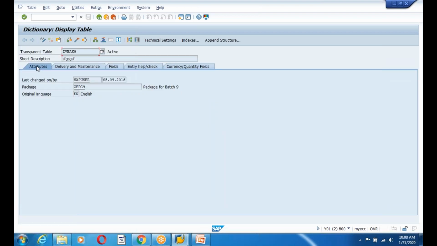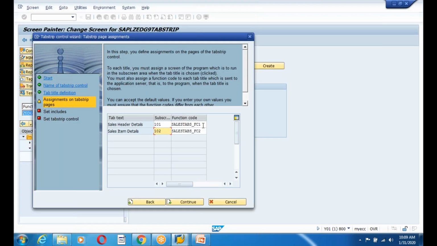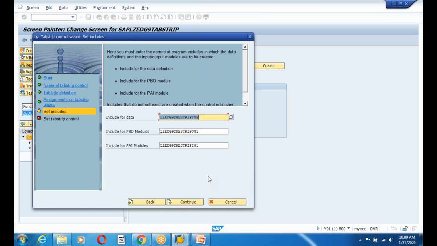So whenever you click on a tab strip, a function code will be triggered. So that is the function code. Here you can see that is FC1 and FC2, guys. So these are the function codes. This is function code 1. That means whenever you click on sales header details, the function code value, the SY-UCOMM value, will be this. Whenever you click on sales item details, the function code value is this. 101 is the subscreen for the sales order header, and 102 is the subscreen for the sales order items, guys. So continue and continue,